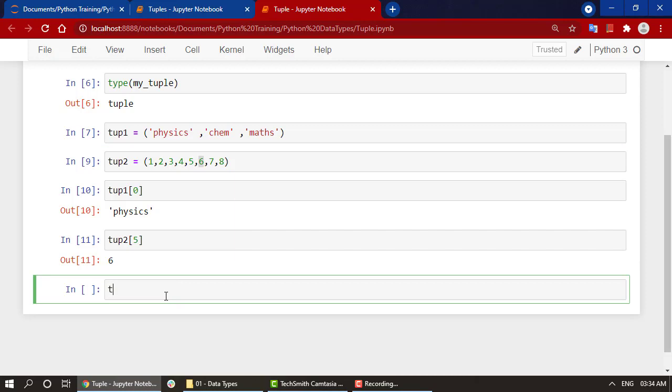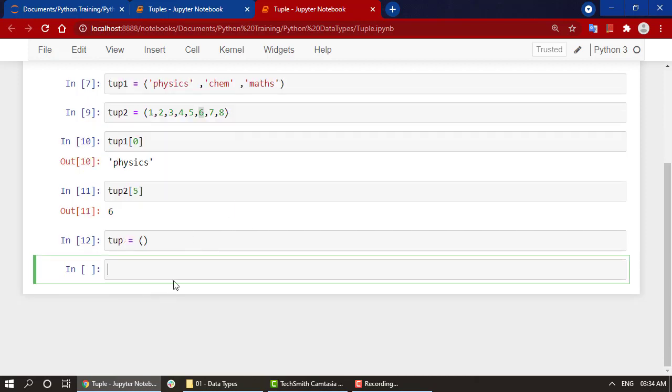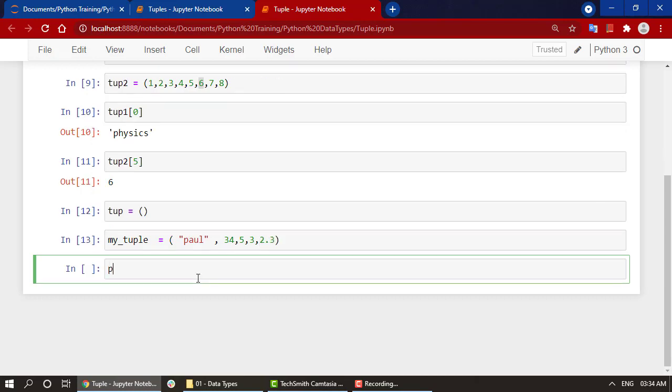Now to create an empty tuple, as you have already guessed, it will be just two parentheses without anything inside. Again, tuples are just immutable lists, so they also allow mixed data types. What I mean is, in my_tuple I'm going to write a string, Paul, and then some integers, then some floating point numbers, and this also works.